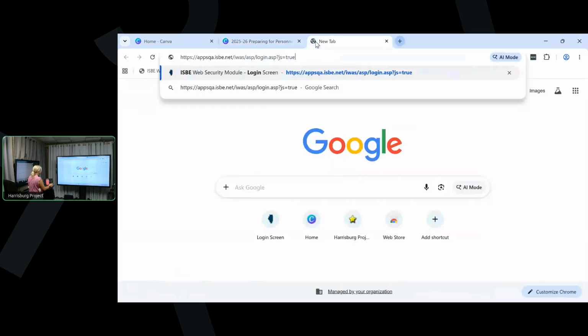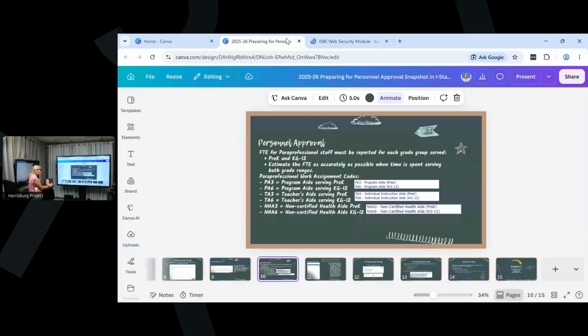Your NHAs are typically going to be your school nurses that do not qualify as the SN for school nurse. To be SN, they have to hold not just an RN, but they also have to hold a professional educator license. So if they don't have both of those credentials,